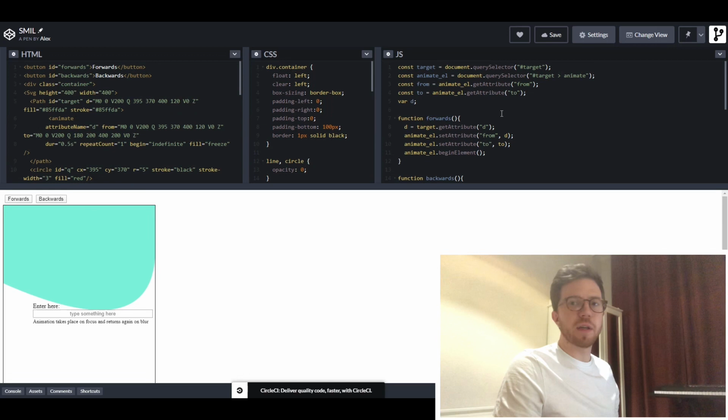Now when we look at the JavaScript, it is much simpler, which is cool, especially if this is supported in all browsers. Let's hope Chrome keeps it. So I just grabbed the target and grabbed the animate tag. The animate tag is inside of our path with the ID of target, so I've used an immediate child selector of animate. Then I'm grabbing the attributes called from and to on that animate tag. I'm also setting up a temporary variable called d, and it'll become obvious why in a second, and why I've also grabbed this to and from